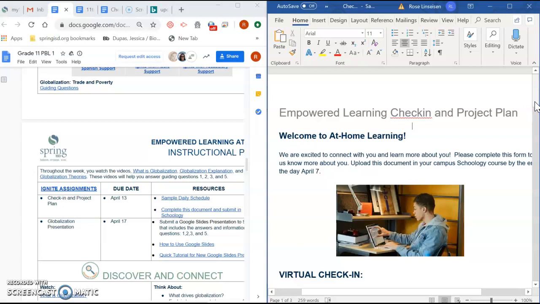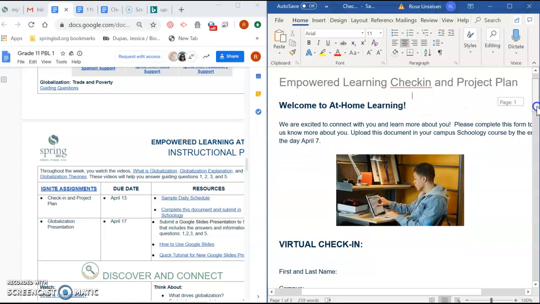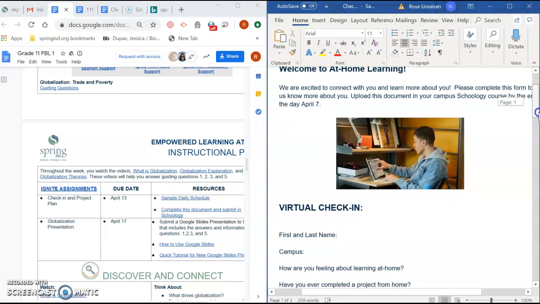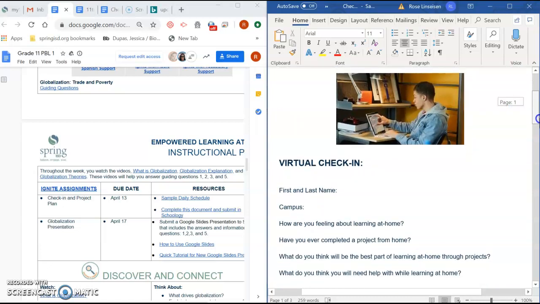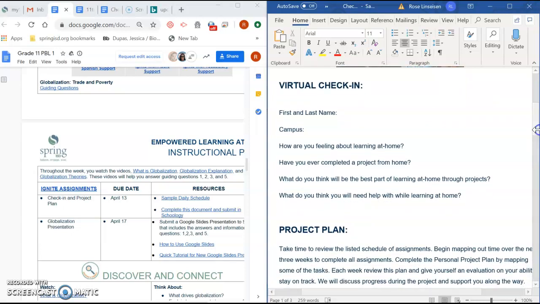It is a check-in and project plan. So it's a virtual check-in. It says the April the 7th, but really that should be the 13th. As I said before, if you figure out how to go back in time, let me know so we can monetize it. So it's just a virtual check-in. And you are going to, of course, hopefully you know what your name is, put your name and then you're going to answer these 4 questions. Please answer in complete sentences. You know how to do that. I will let you know if you're not meeting that expectation, and I'm going to send it back to you, so do it the first time.